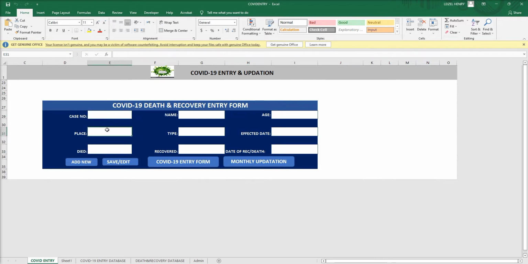So we have death and recovery form data. Whatever we have entered, that we will show here, whether he recovered, which date, whether he died, and the date of recovery or death we can enter. That also is stored in one sheet. Okay, so this is the base, and